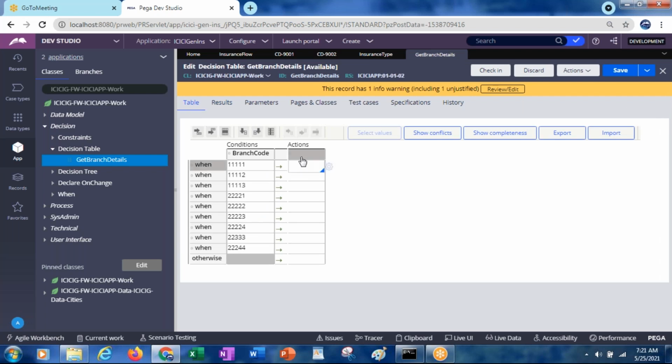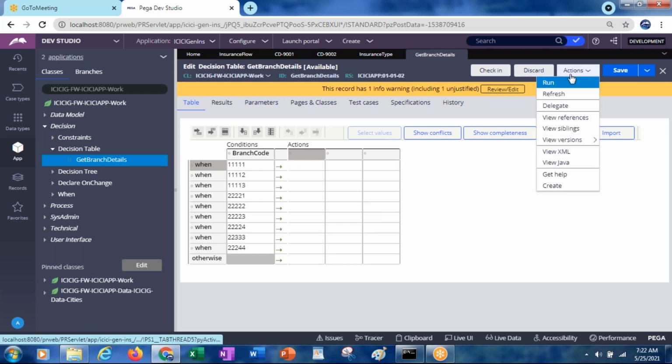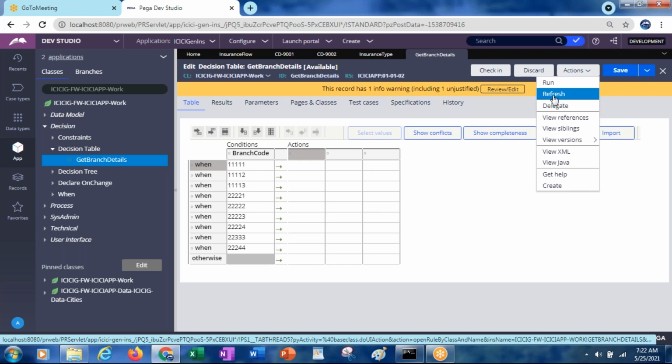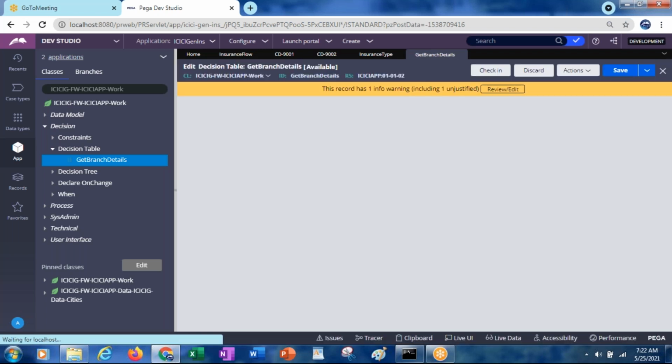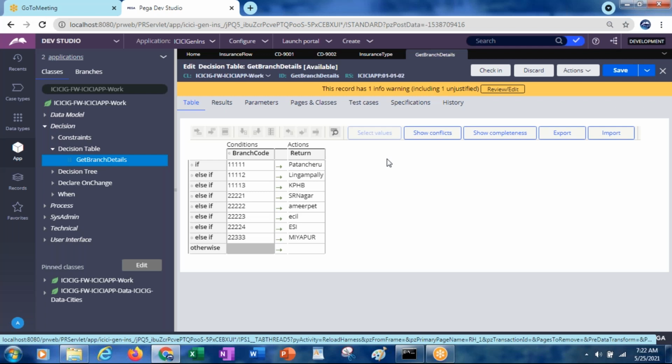Here you can add the property, and likewise as many properties as you want, you can select. So this is the difference between decision tree and decision table.